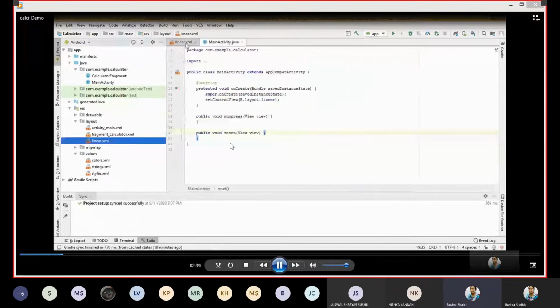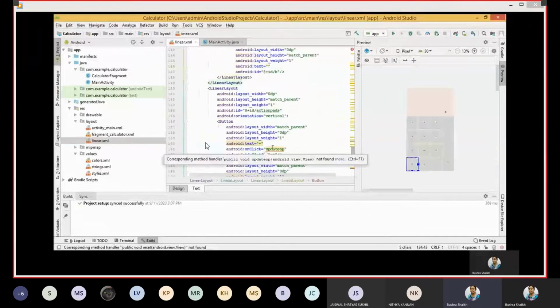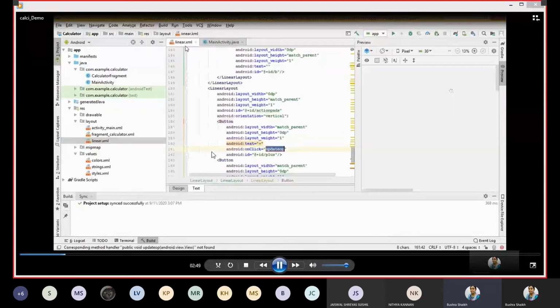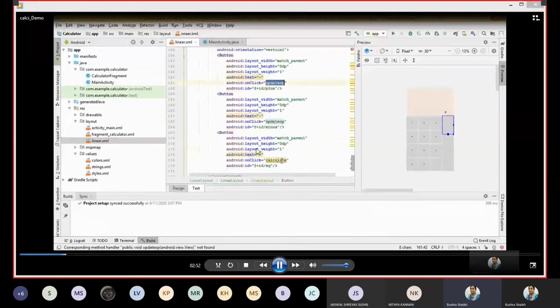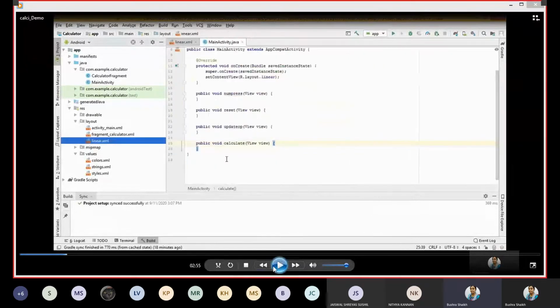Once you have defined the name of the function, you can create it inside your Java file like this. You just have to say create the function. This bulb will come, and then you just click on the create option. For each and every method you should first go inside your layout file and add the method name appropriately.